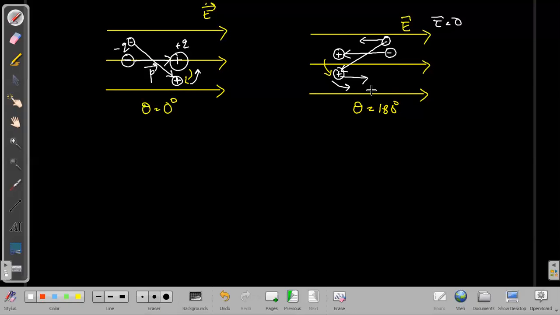It will just rotate in its displaced direction, and that means it cannot come back to its original orientation. So it is not going back to the original orientation. That is not possible, it will move away from the original orientation. So that is why the second orientation, theta equal to 180 degrees, is an unstable equilibrium,